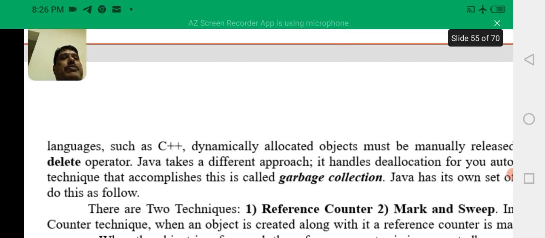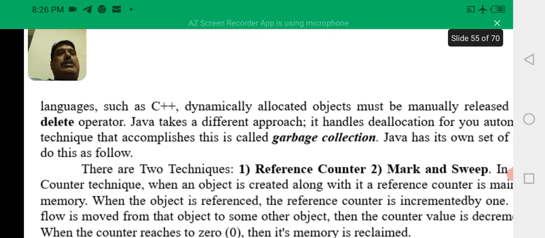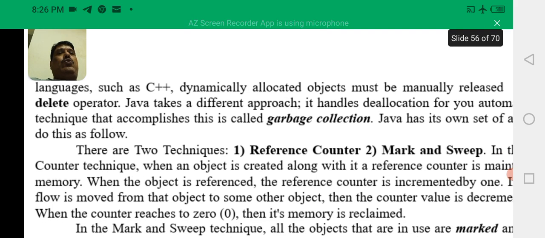Whereas in Java, we have two techniques with which the unused data can be cleared from the memory. The two techniques are reference counter and mark and sweep. In the reference counter, we will have a counter.